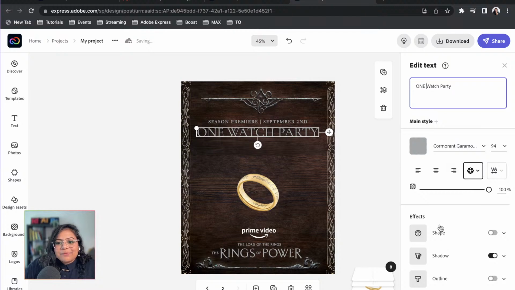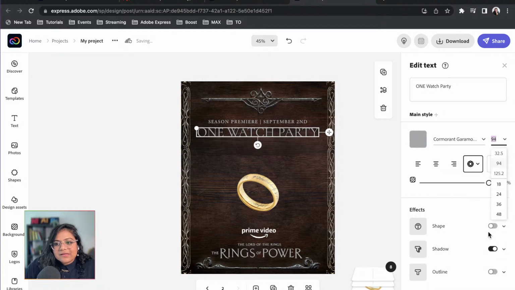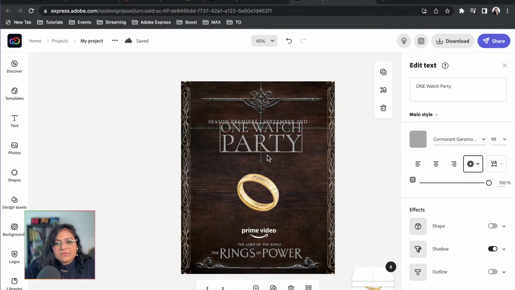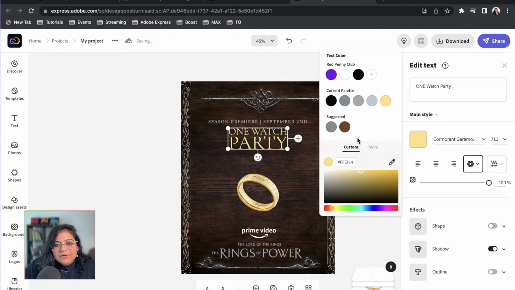And then I am gonna use the magic effect on this as well. Let's see. I'm gonna change the sizing. Maybe I want it to be like, it's already 94, so maybe I want 120 or something. I don't know. We shall see. Okay, this is very big. I don't want it as big. Okay, cool. I was just looking at chat for a second, and then I also want the color. So we have this guy.